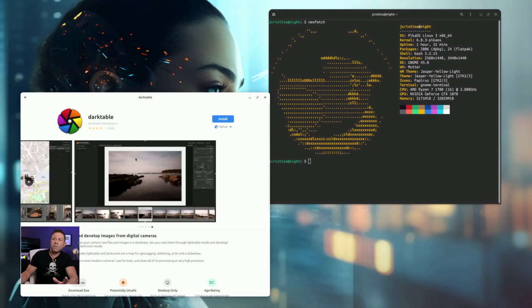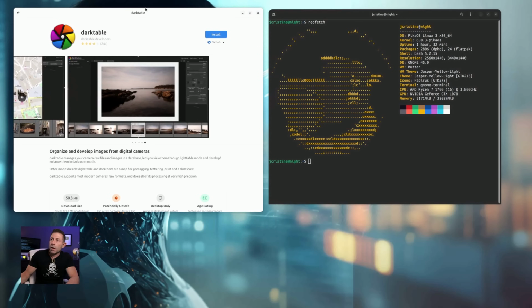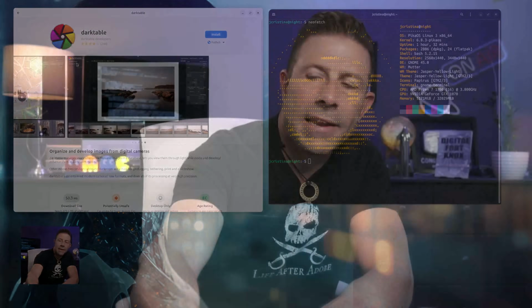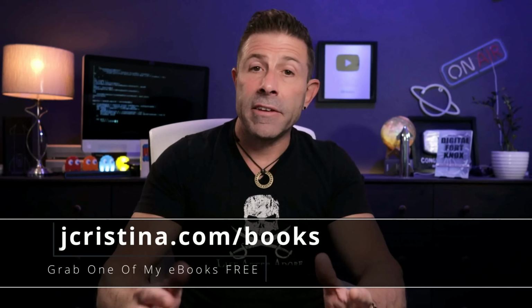And what's really nice about Darktable is that it is cross-platform. So if you use it here on Linux, you'll be able to also use it. Matter of fact, let me move that up just a little bit. If you use it here, you can also use it on any other OS. It is agnostic, let's call it. So that is the software shop, let's call it. There is a ton of software that you can download, once again, for free, which is awesome, right? That is fantastic.